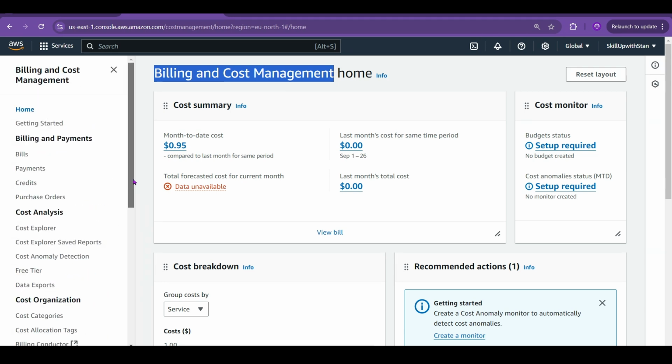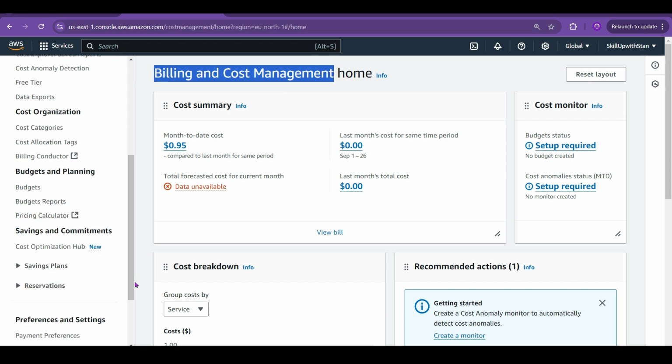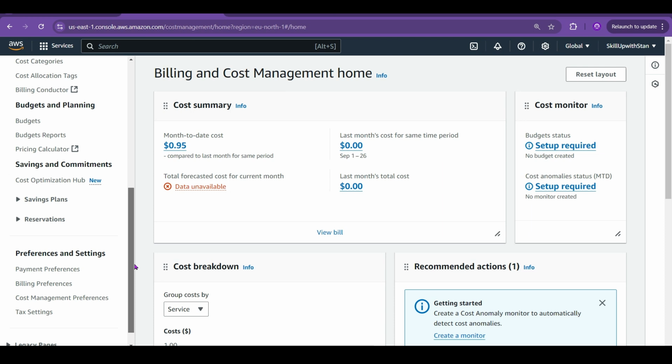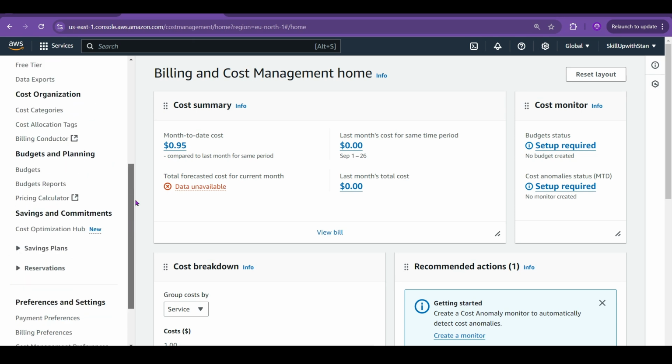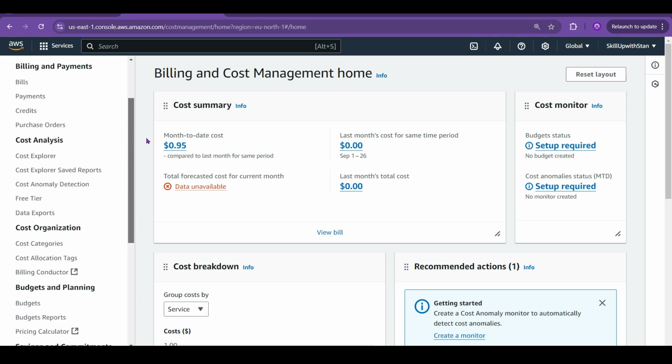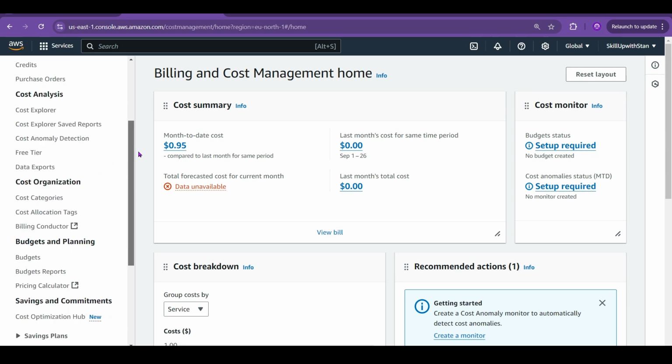And also, if you have purchased a savings plan, you can see the current consumption, how much is being spent, and where exactly we are using it, or if there are some unutilized savings plans or reservations, you can use them across different AWS accounts, or have them utilized in another project where you have a requirement, right? So you will get a detailed view of the current usage and the recommendations for each and every